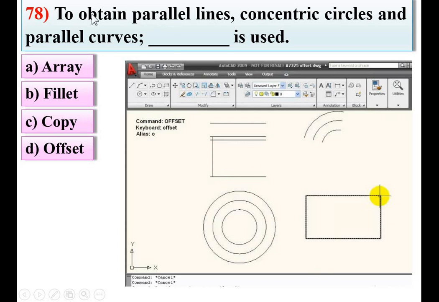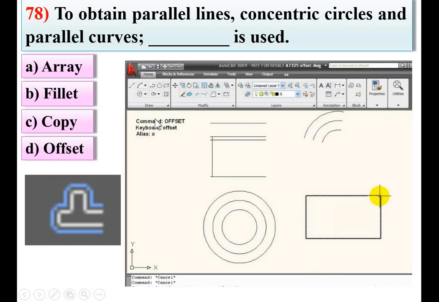So here you can see, to obtain parallel lines, concentric circles, and parallel curves, the offset command is used, and so D is the right answer. And this is the symbol. So here the correct answer is D.